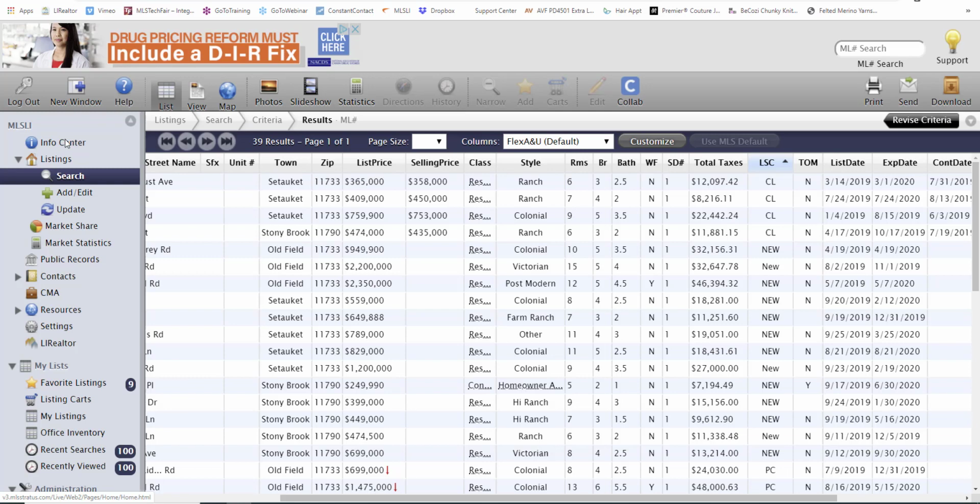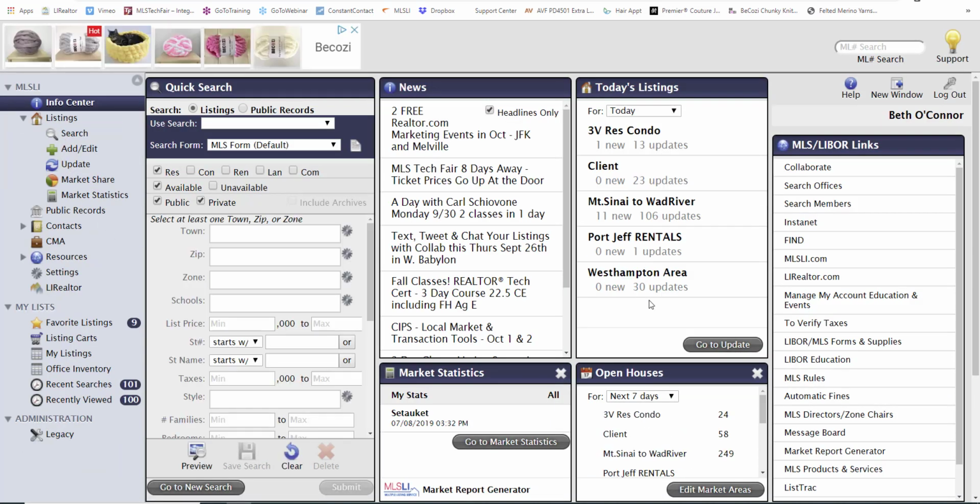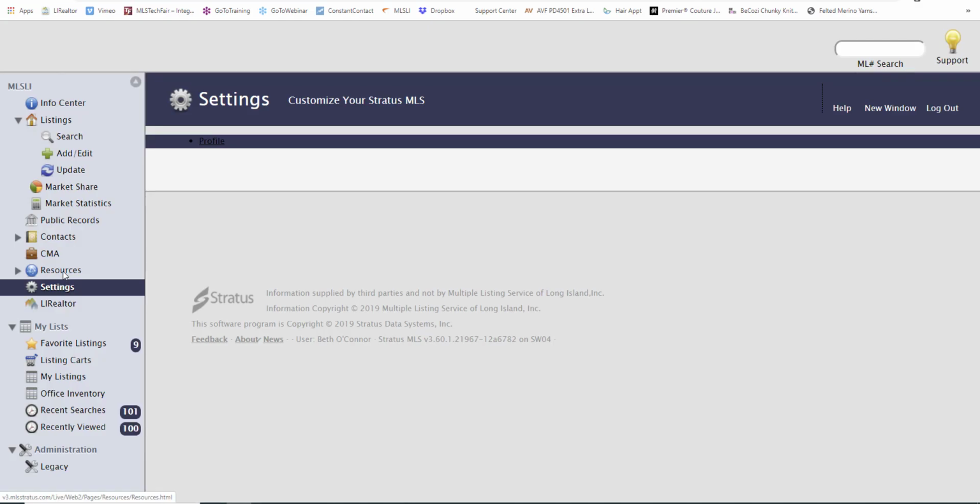So let's return back to that today's listings section, and I'll show you how to set this up in your settings. I just want to mention that this button right here, Go to Update, is not connected to this section up here. They're similar, but not connected. So what I want to do is show you how to set up each one of your market areas, a grouping of towns that you cover, and a certain type of property. It could be rentals, could be condos and residential, whatever it is that's going to help you stay on top of your market. So what you want to do is go to your settings in the menu, click on settings,